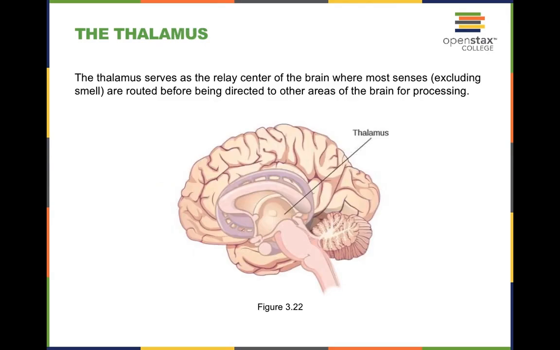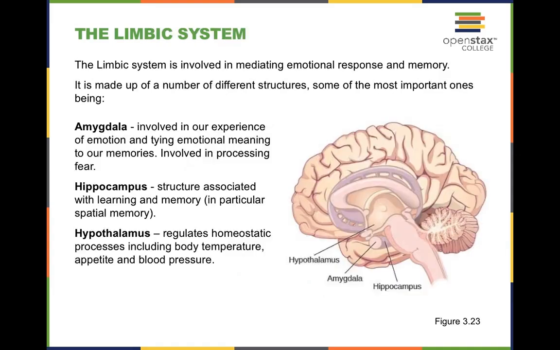On top of that, we have what's known as the thalamus. This is ultimately the relay center for the brain where it helps with most senses, but it excludes smell. Okay. So that is likely going to be processed up in the parietal lobe. But the thalamus is hugely important for relaying information specifically related to your senses. Okay. Moving forward, again, revisiting the limbic system, we have what's known as the amygdala, the hippocampus, as well as